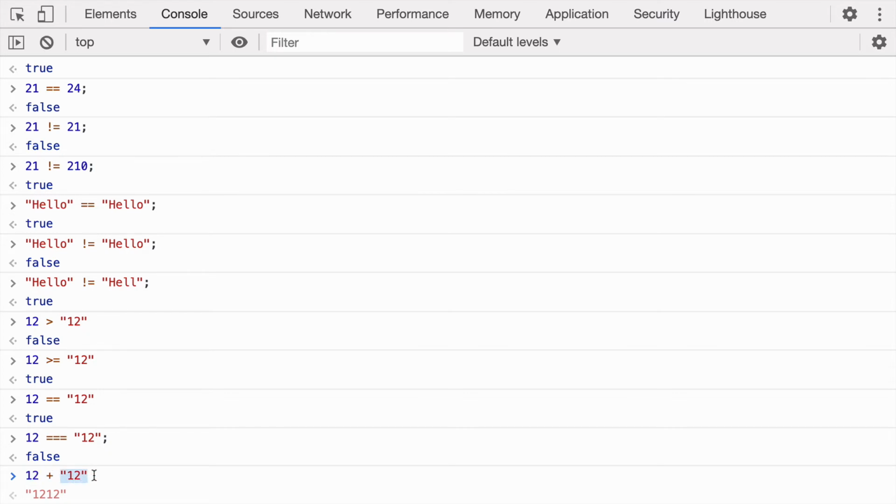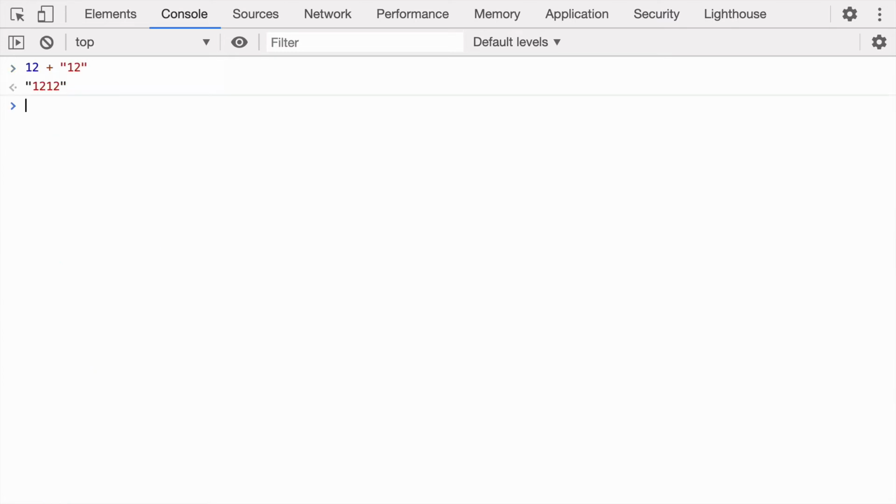The plus operator has two behaviors based on the value. If the values are numbers, they will be added. If any of the values is a string, it will be concatenated. So here this number got converted into a string, and because of that, the output is 1212. This type of conversion is called implicit type conversion.